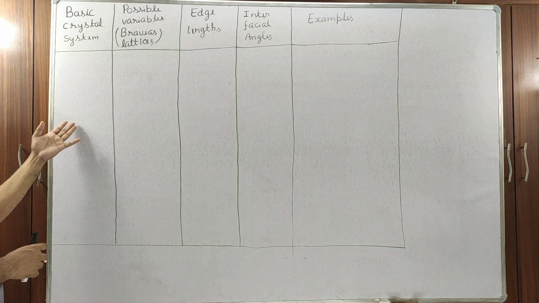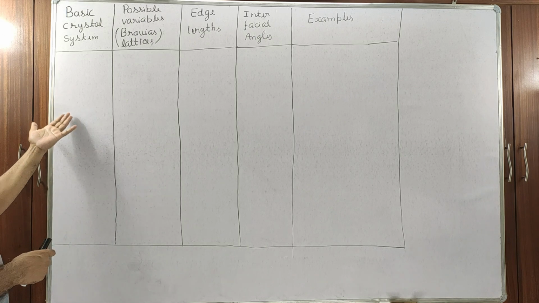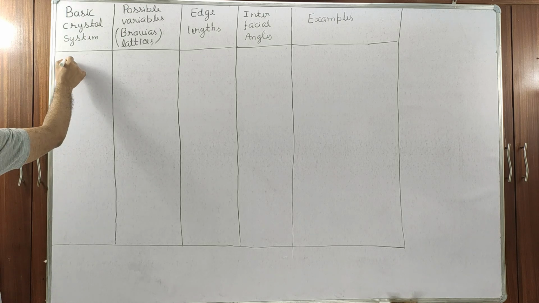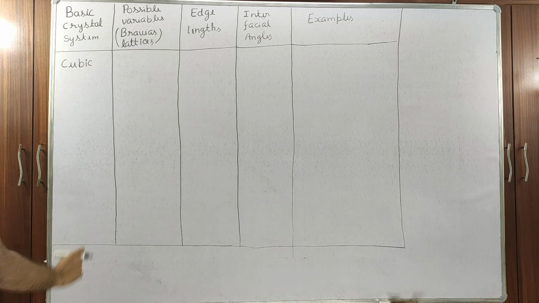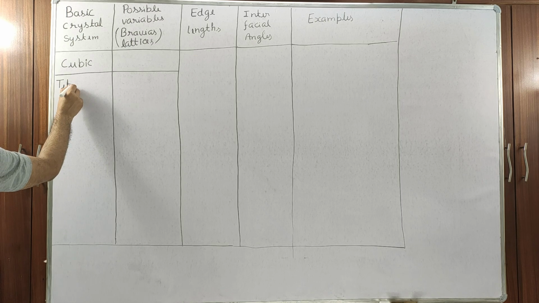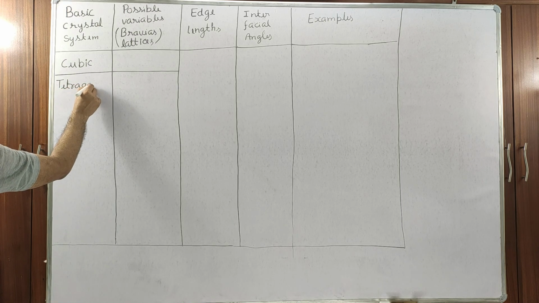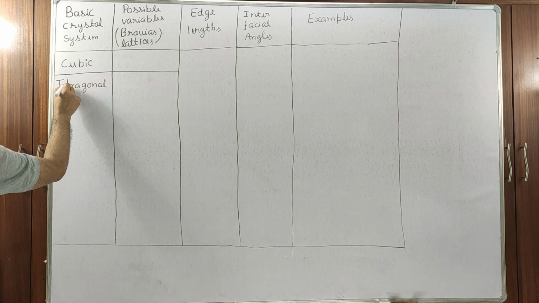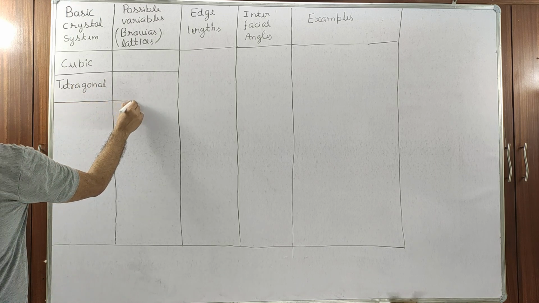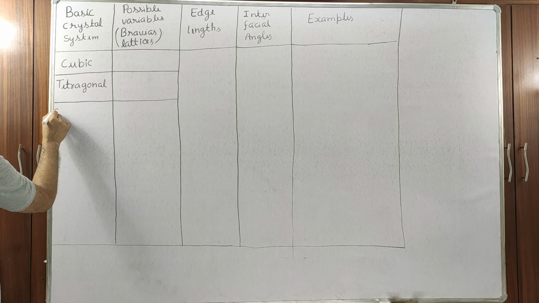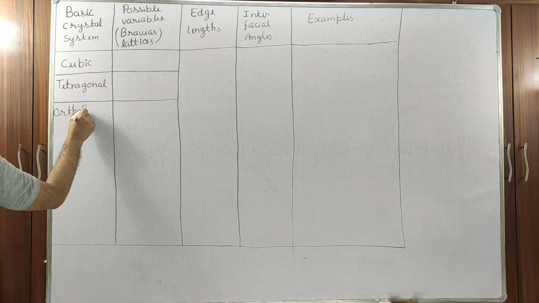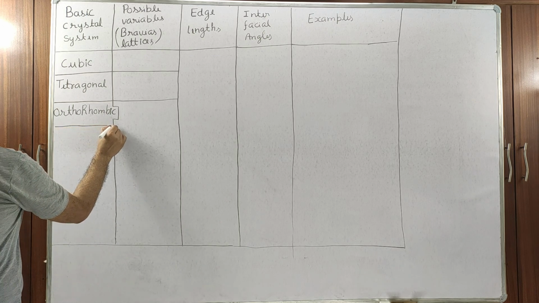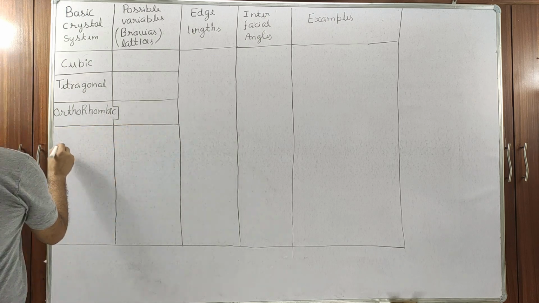The first basic crystal system is the cubic. The second type of basic crystal system is the tetragonal. After the tetragonal, the third type of basic crystal system is called orthorhombic. After the orthorhombic, the fourth type of basic crystal system is called